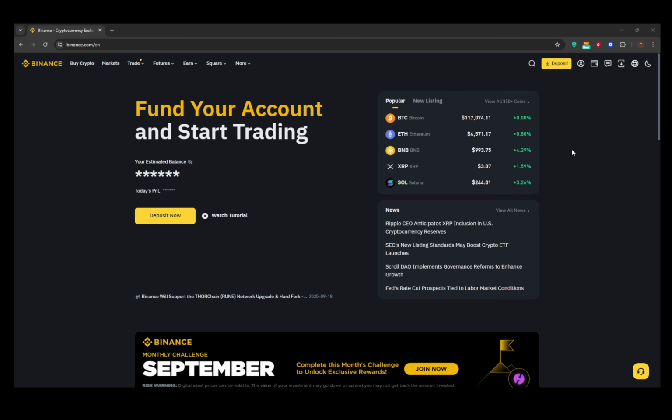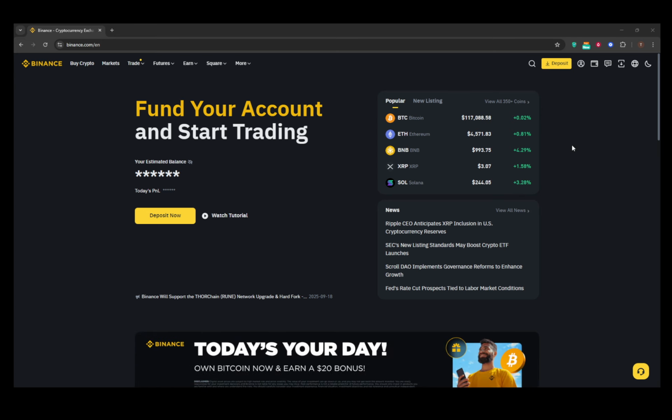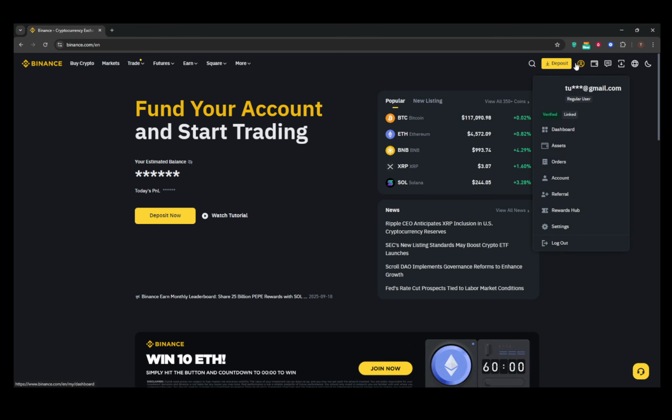You can do this by opening up the Binance website or app and entering your login details as usual. Make sure you're on a secure network to protect your account information. Once you're logged in and on the main dashboard, it's time to navigate to the correct section where you can